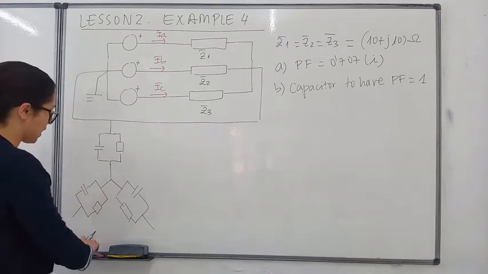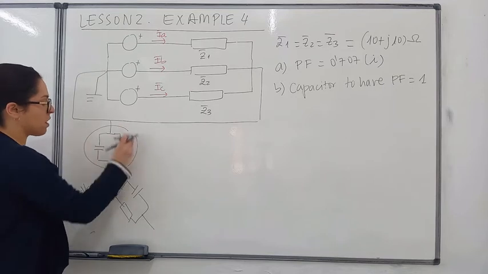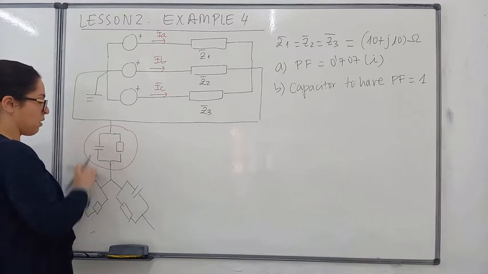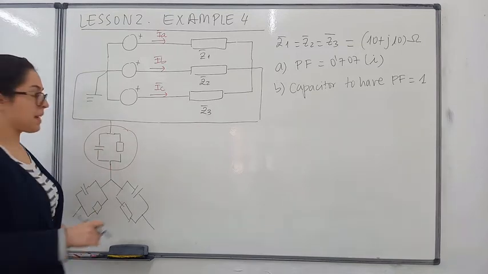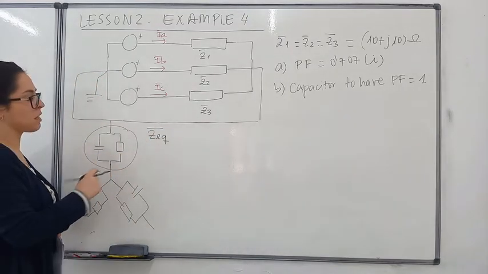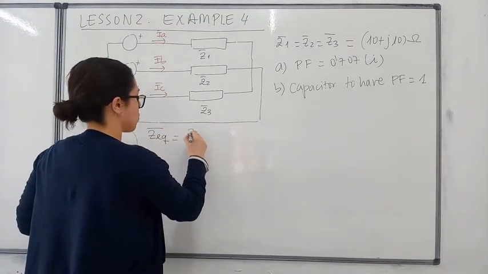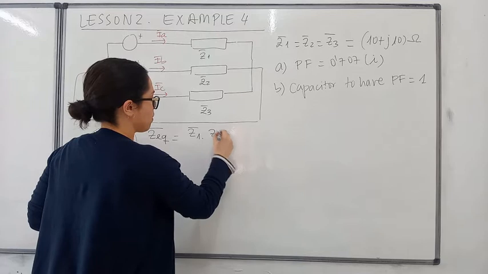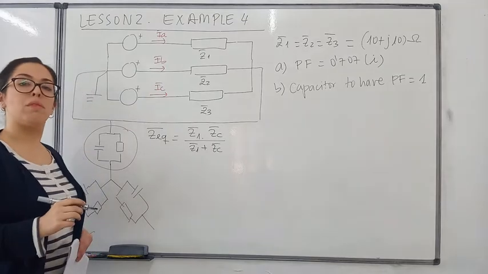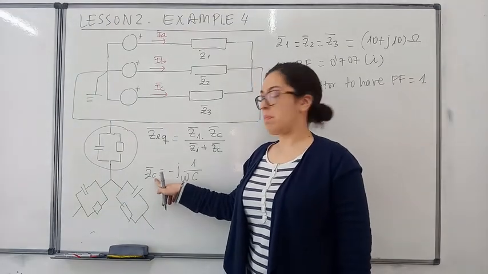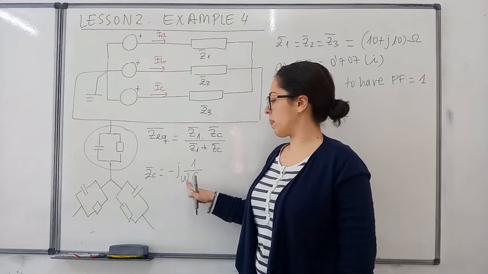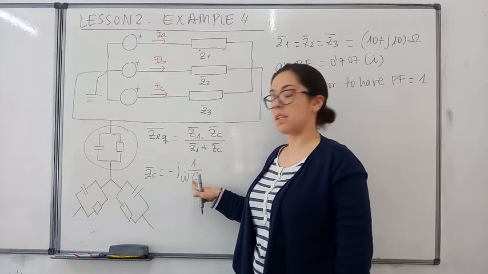You can understand that if we focus on this particular assembly, one load in parallel with one capacitor, we can get the equivalent impedance of that. As we have two components connected in parallel, the equivalent impedance would be the impedance of the load multiplied by the impedance of the capacitor and divided by the sum of both of them. As you know, the impedance of a capacitor can be expressed in binomial notation as minus j multiplied by 1 divided by the angular velocity and the capacitance.